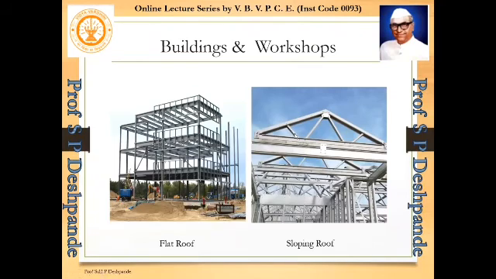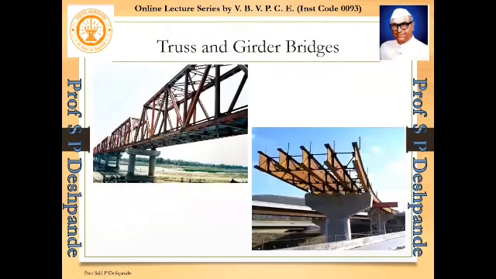Then here you can see the angle. Up here you can see the angle, for the sloping roof. Then in case of the bridge, you can clearly see the I section used for the girder. Girder is like a beam, so you can clearly see the I section used. Okay, 5 I beams are used. But in case of the through bridge, you can see here double channel connected by battens. Okay, if you observe carefully, you will find these inclined lines, all these inclined lines.